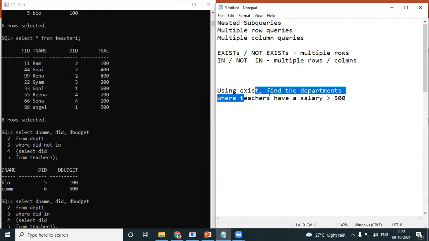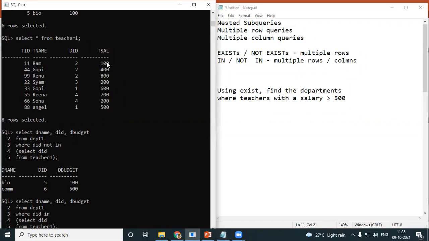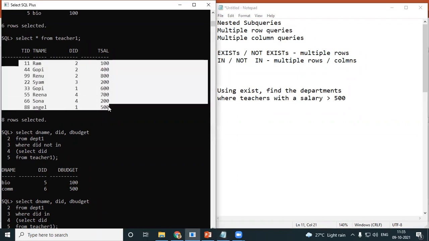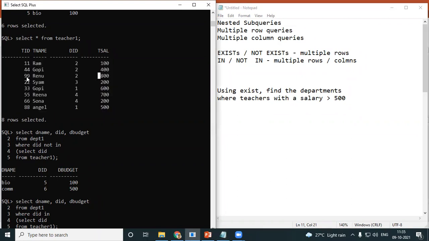Using exist, find the departments which have teachers with a salary greater than 500. So, let's look into the teacher table. You have a lot of teachers with lots of salaries. So teachers greater than 500, I do have Renu.